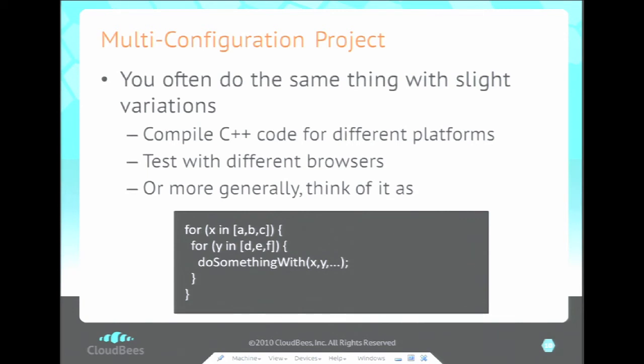Or maybe you are testing a Java web app with Selenium through the browsers, in which case you're basically running the same test, but with different browsers, possibly on different machines and different operating systems. So the generalization of this is that you got a number of for loops with variables going over a range of actual values. So maybe it's a browser going over Internet Explorer, Firefox, and so on. And then maybe you can have an arbitrary number of nested loops, and then you do something that is basically executing a Jenkins job. So this is a common enough idiom that we have a dedicated feature called multi-configuration project,